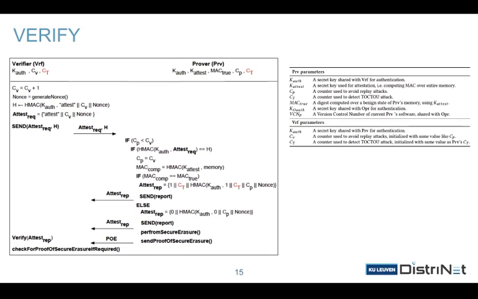Both the verifier and the prover share a secret key for authentication and two counters. We are mostly concerned about CT, which is the counter that we added to detect TOCTOU attacks, leveraging the power of the Security MicroVisor which controls all writes to the memory. So whenever the untrusted software invokes the Security MicroVisor to update anything in its memory, this will increase the value of CT and this value will be injected in the attestation report. The verifier doesn't have to know anything about the prover's memory.